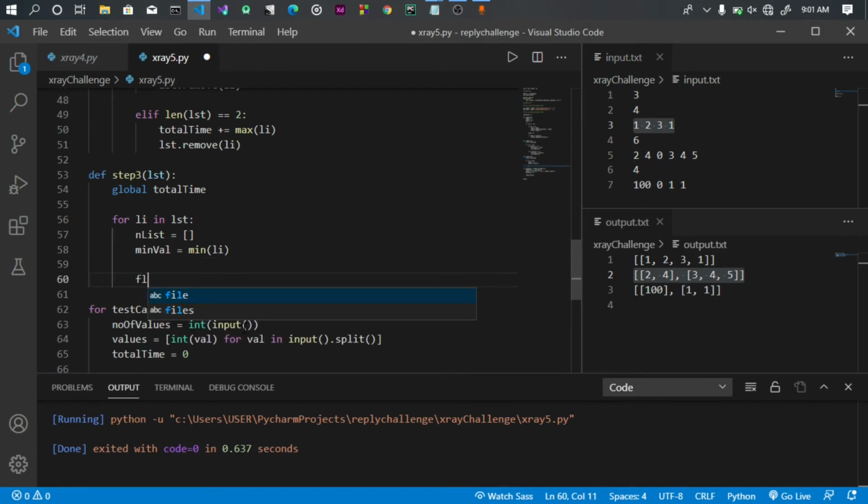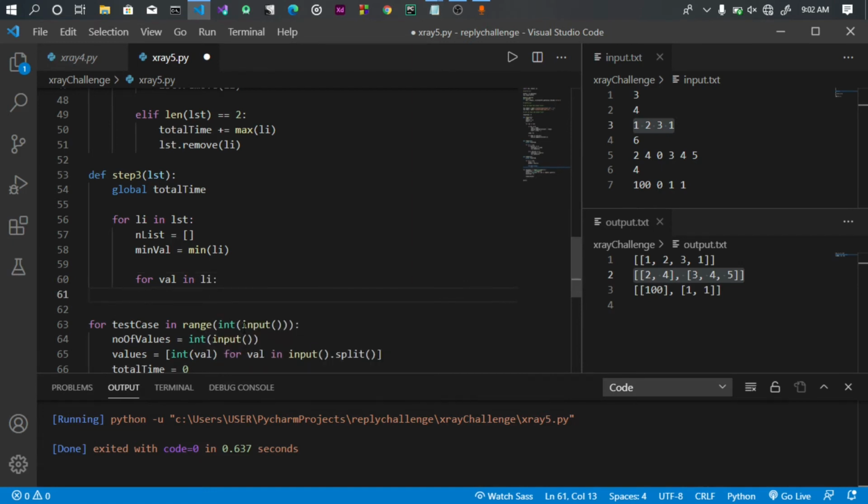So we're going to loop through, or for value in LI, let's use something understandable. We're now going to append to our nList here the mean